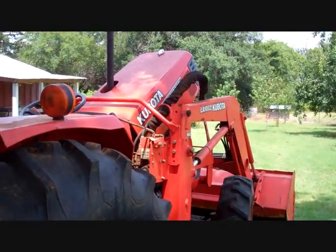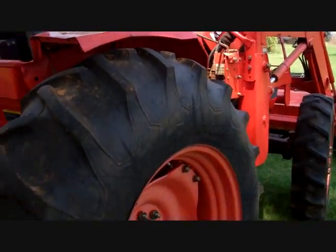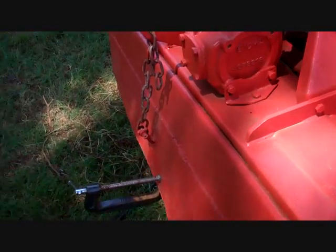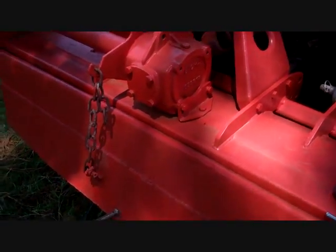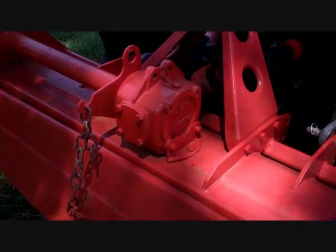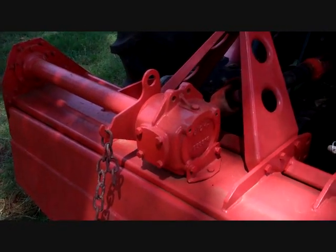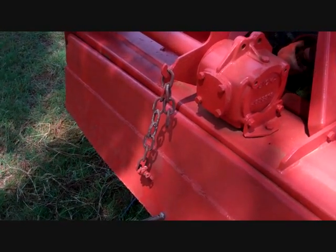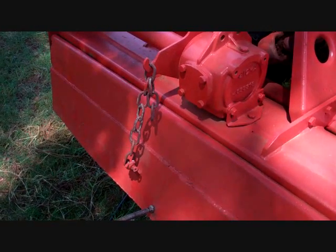I worked old Mr. K here pretty hard yesterday. I washed him down good. I'm going to pull my tiller off. I planted some zipper cream peas yesterday. We got a little rain last night. We're expecting rain the next 2 or 3 days, 20, 30, 40%. So this being the 6th or 7th or 8th of July, whatever it is,